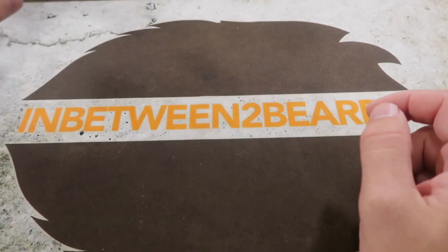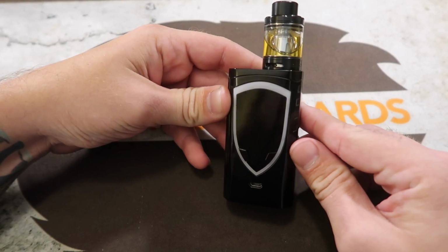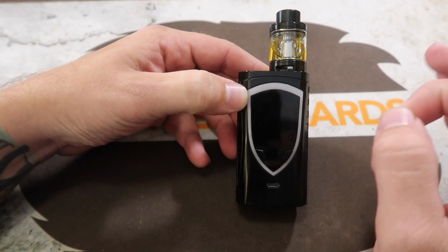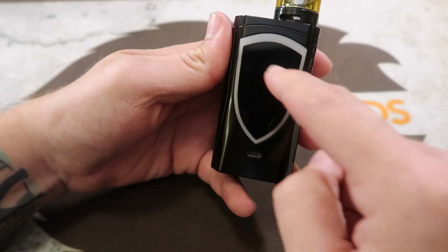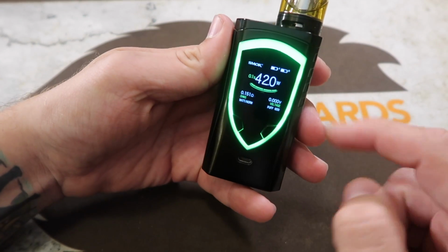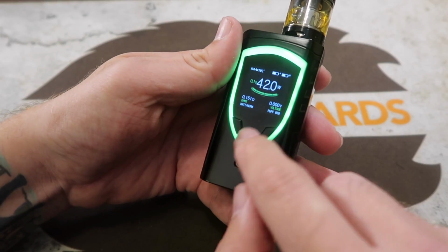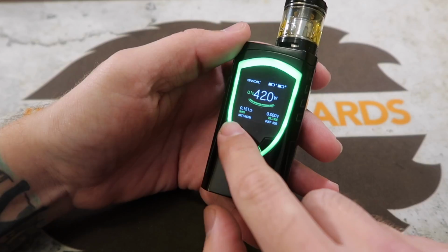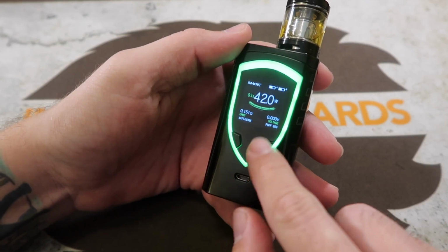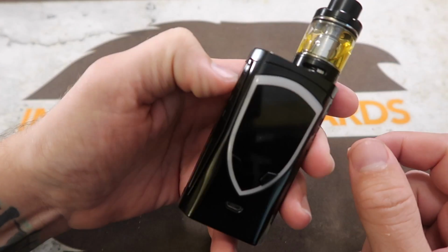That's not why we're here. One thing I really want to go over with this mod is the menu system, but more specifically that puff limiter and counter thing. But anyway, going over, you got this really nice, big, bright, colorful screen here. Obviously, your LED bar. You've got your up and down buttons. We'll go over it a little bit more later, but this is one issue we kind of have with this. These stick out a lot, and they feel kind of weird and cheap. But anyway, you got your full-side fire bar right there, which has a very nice